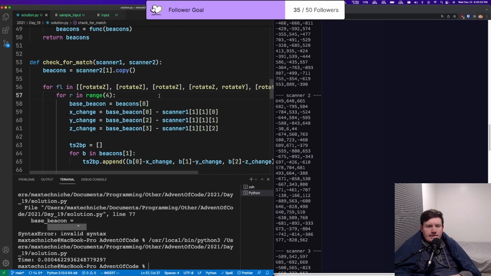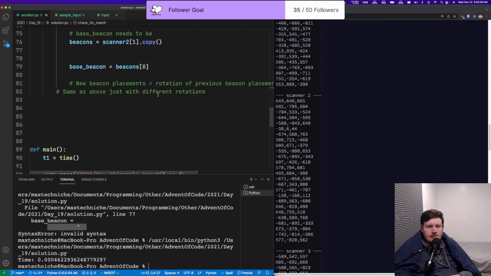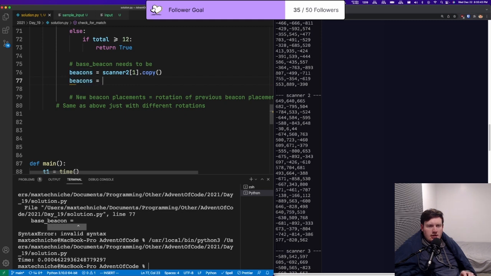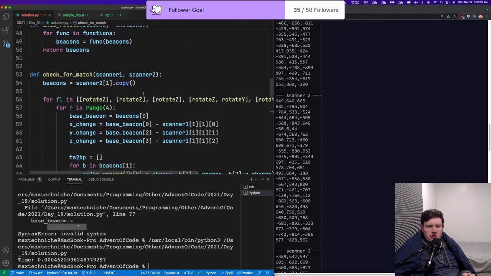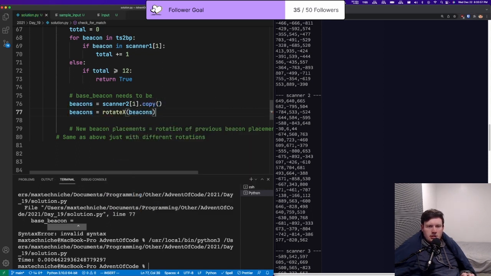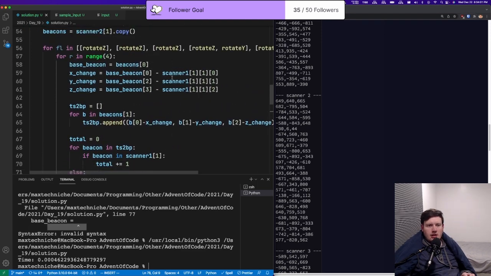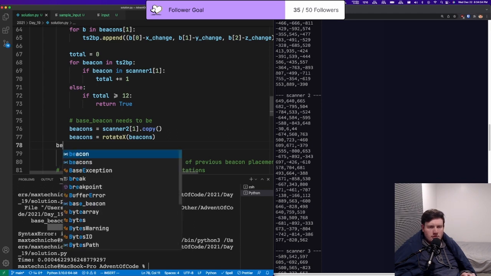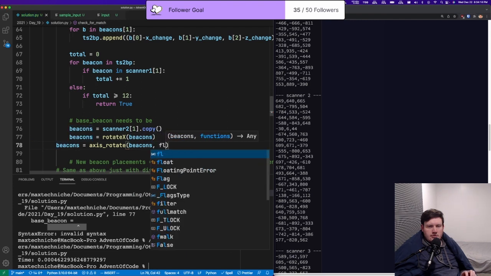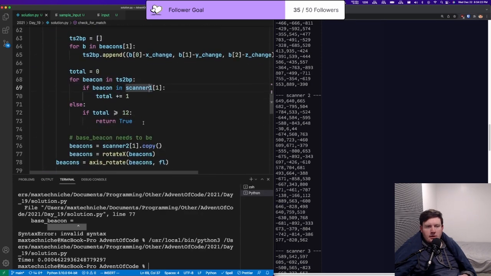Okay, so then beacons equals rotate X, beacons, and then between the for loops I will make beacons equal axis rotate beacons and function list. Okay, so